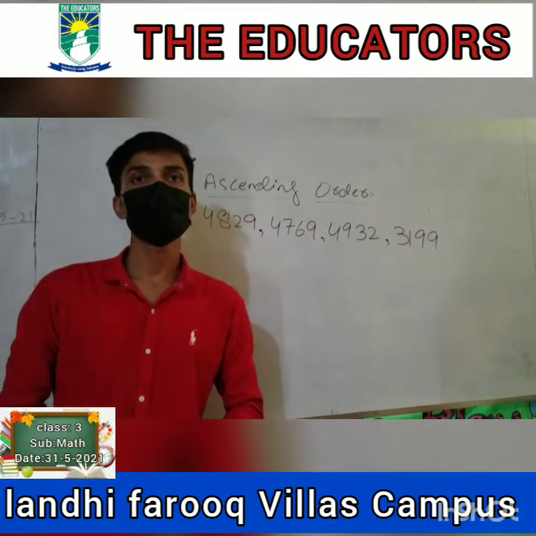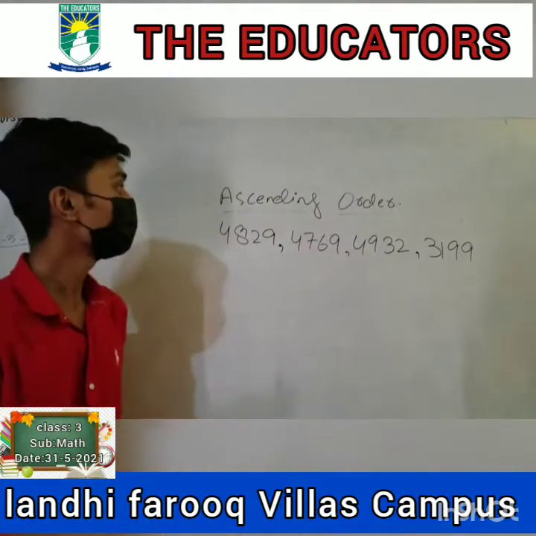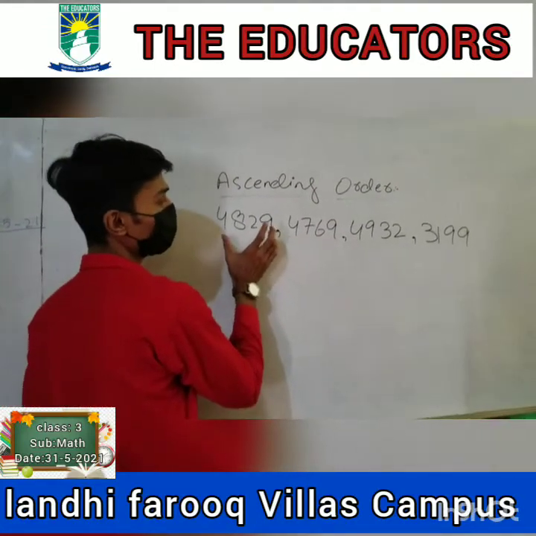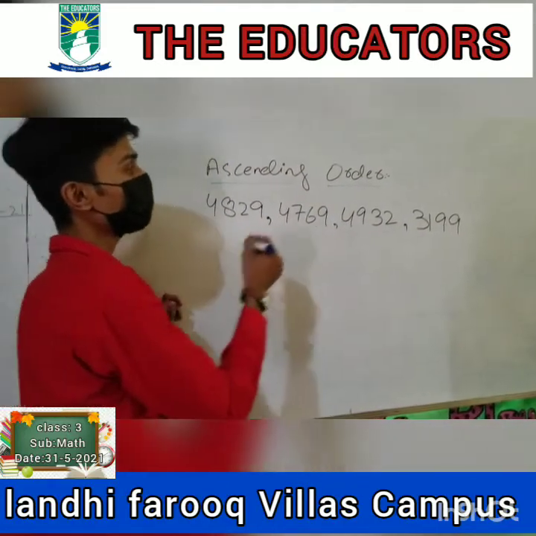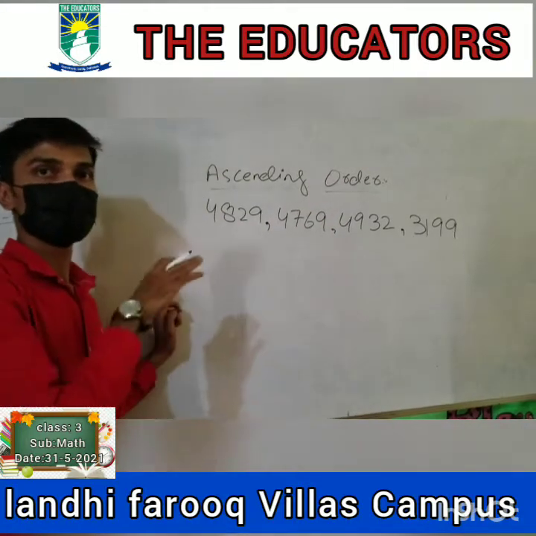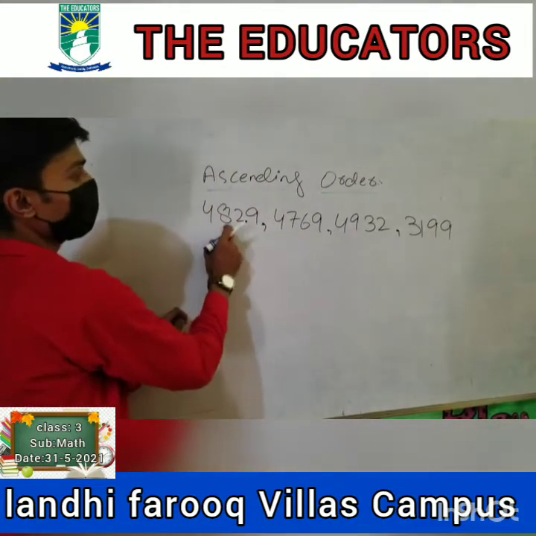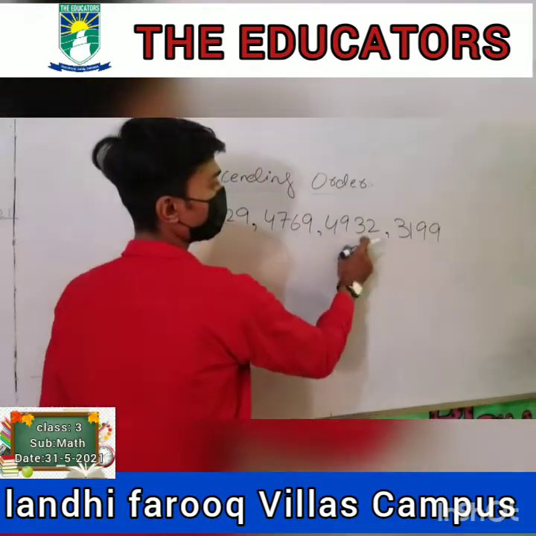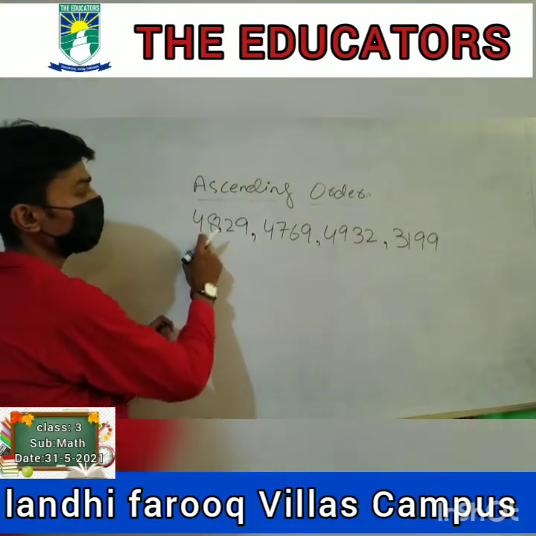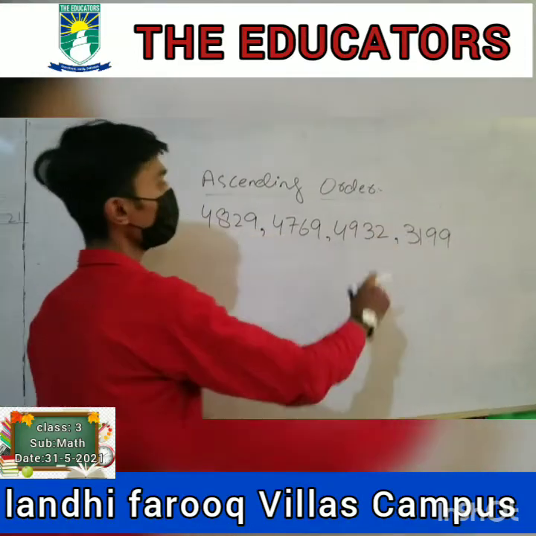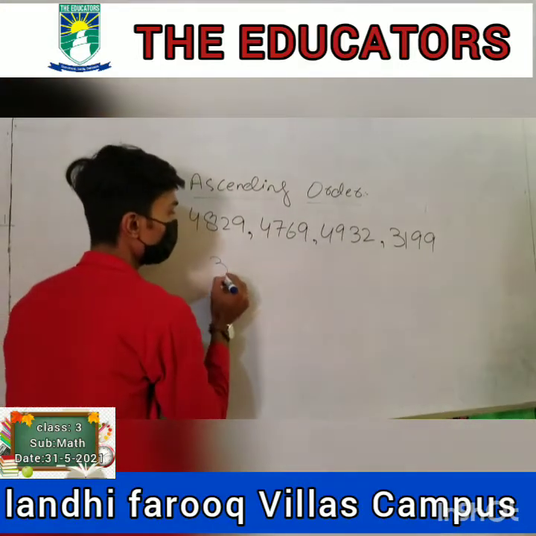Okay class, now we are going to learn ascending order. What is ascending order? Let's suppose we have 4 numbers. First we write the smallest one and we go up to the largest one. So what is the smallest number? 48, 47, 49, 31. We look at the numbers: 48, 47, 49, 31. What is the smallest number? The smallest number is 31. So first we write this one,